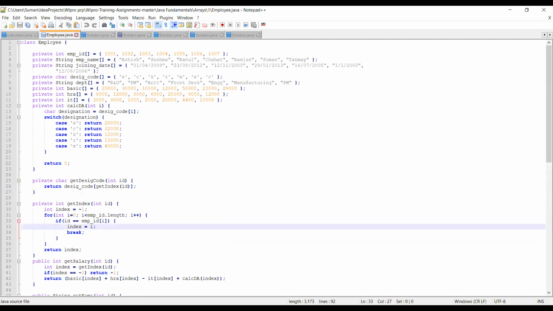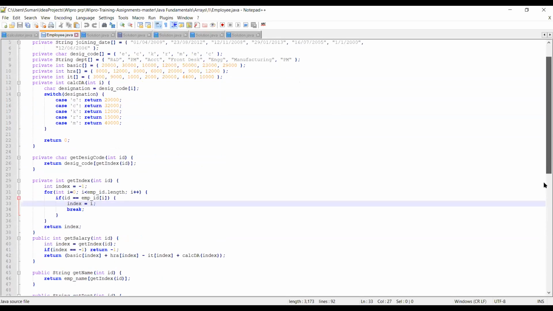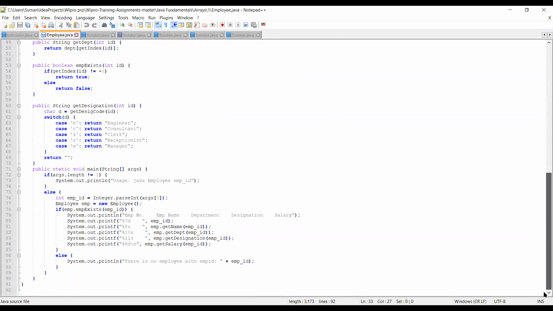Basic plus HRA plus DA minus IT. Like this I calculated the employee salary.